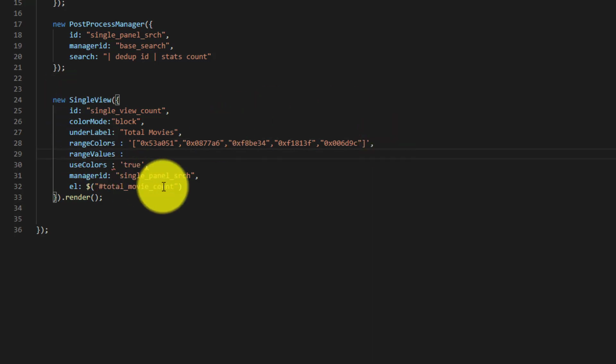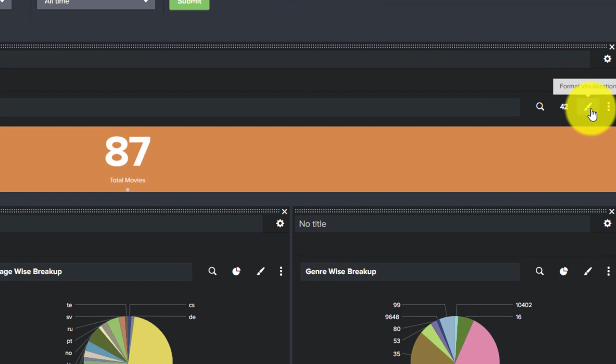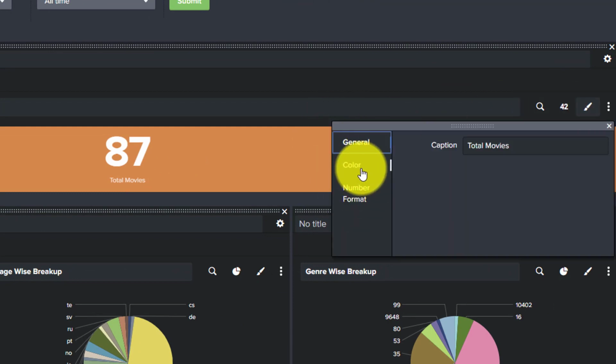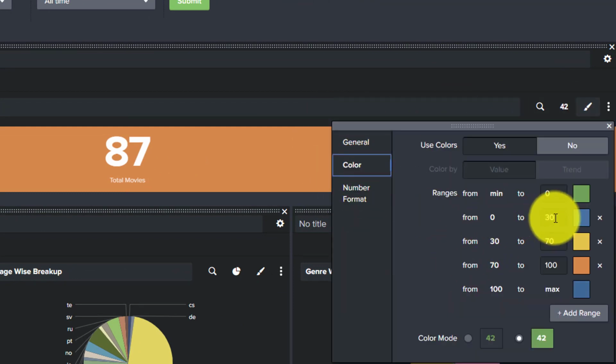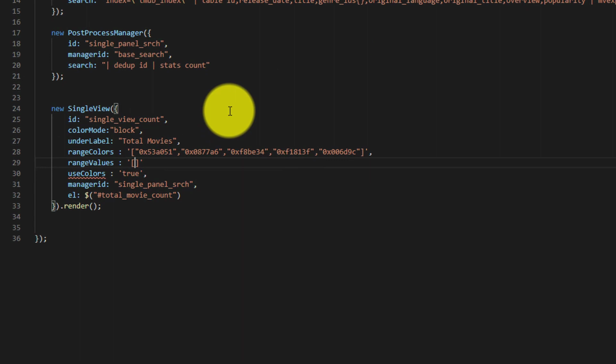You can give in any order. I am just giving it in this order so that it will be easier to understand, okay. So we will be trying to give it in a similar way to what we have given over here, okay. So format visualizations colored, so 0, 30, 70, 100, okay. So this is how we will be giving the range: 0, 30, 70,